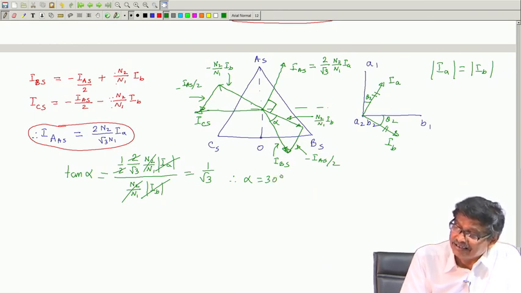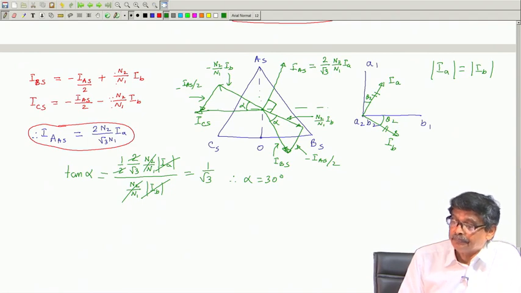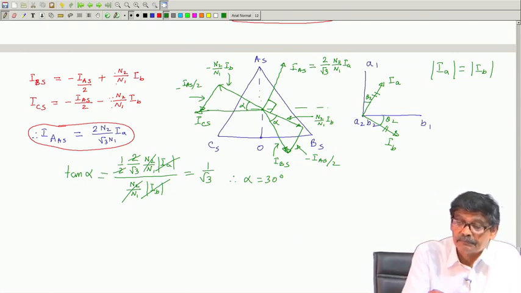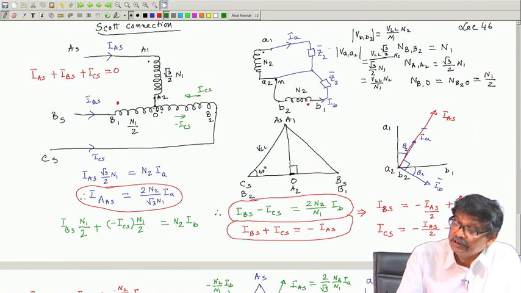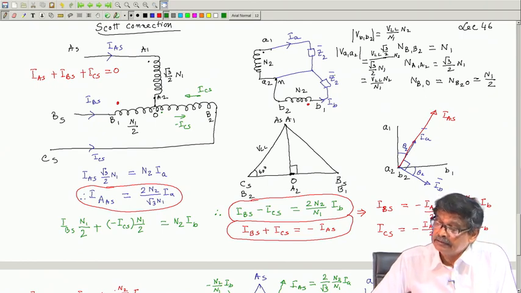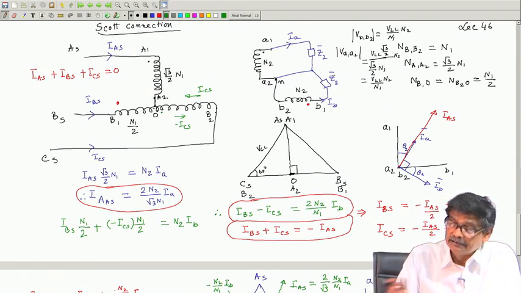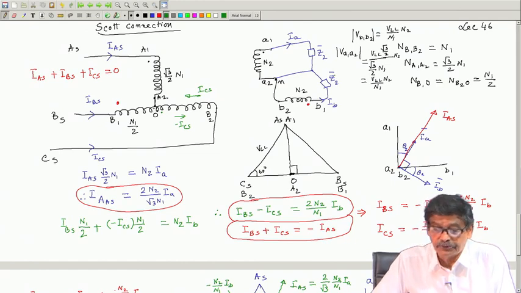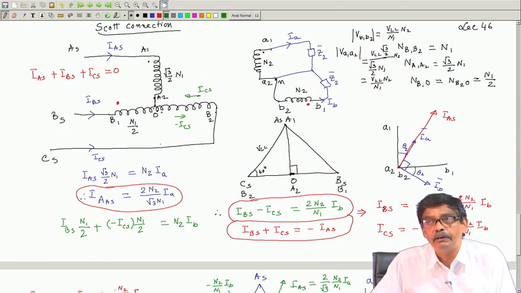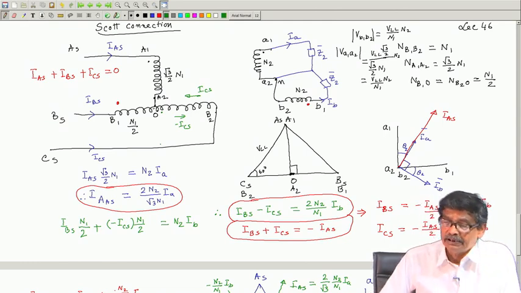Similarly, from this triangle, this is also alpha, has same ratios. Therefore, we conclude that when the secondary current is balanced two phase current like this, when Z2 are same both in magnitude and power factor angle, then secondary current will be balanced, but it will also ensure that the current drawn from the three phase side will be also balanced. So, it is a very nice connection.